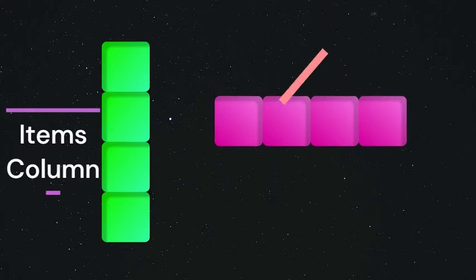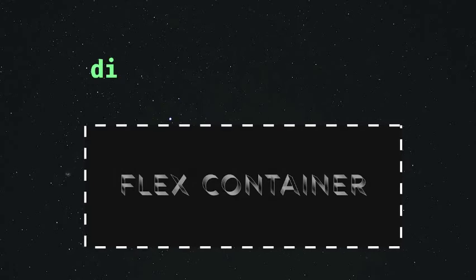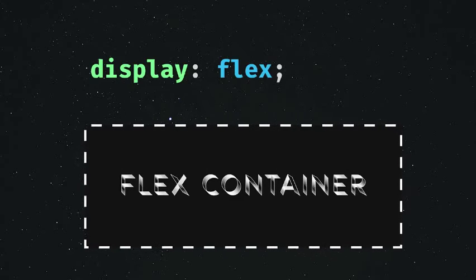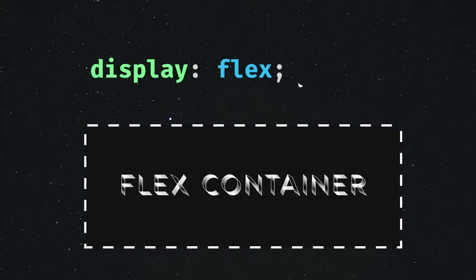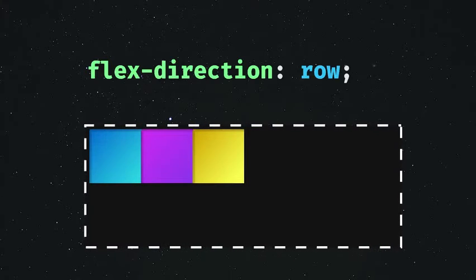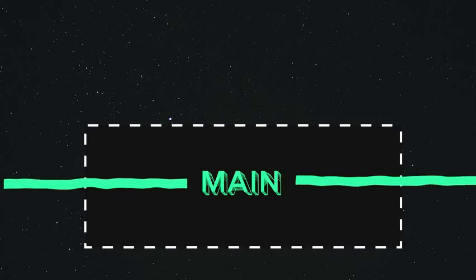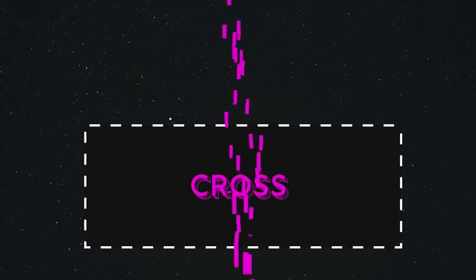FlexBox, a flexible way to lay out web page items as either a row or a column. To initialize it, just set the parent container to a display property of Flex. The parent container now has control over how its immediate children are laid out or spread out. By default, the Flex direction is set to row and has a main axis running horizontally and a cross axis